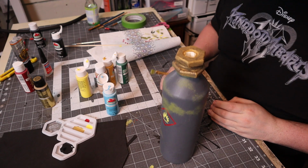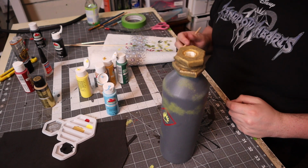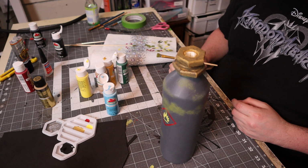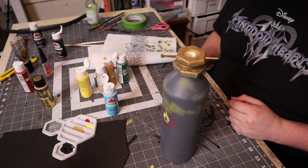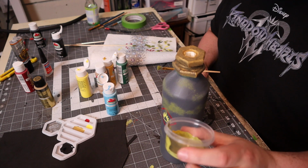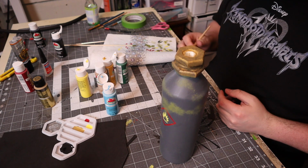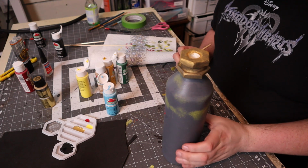Alright, so now I'm starting to add the rust look to it. So I started by mixing a bunch of stuff together, and then did the smart thing of going on YouTube and looking up what colors do actually mix. I was way off. Apparently you need some blue in there. So it's orange and blue. And then I used some black in there to darken this, and I'm going to use some white to lighten it up to do the lighter areas, or maybe some yellow or something. But so far,